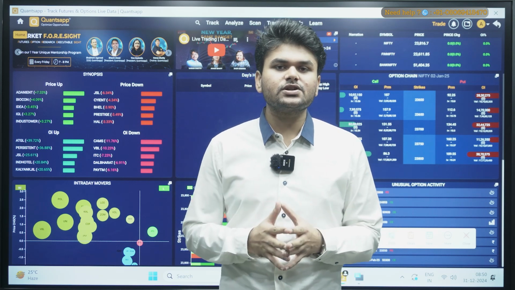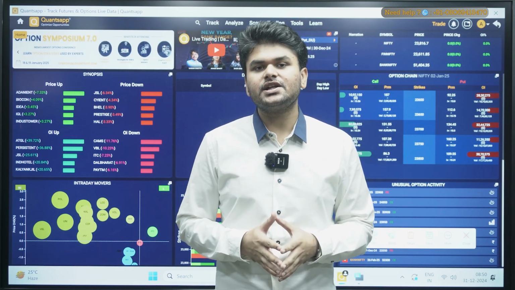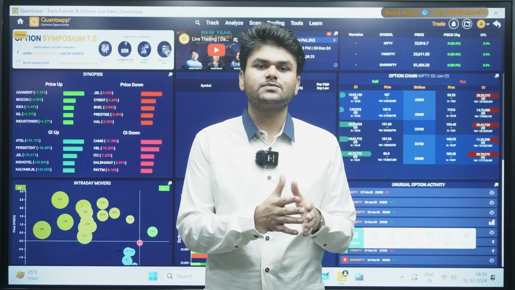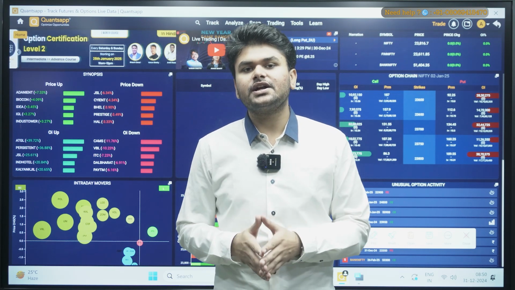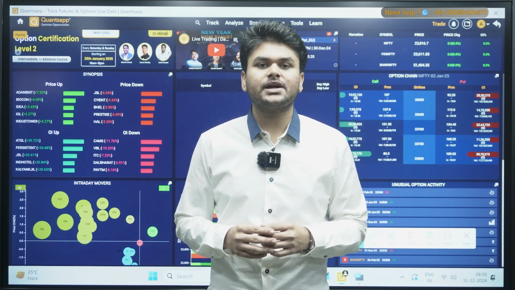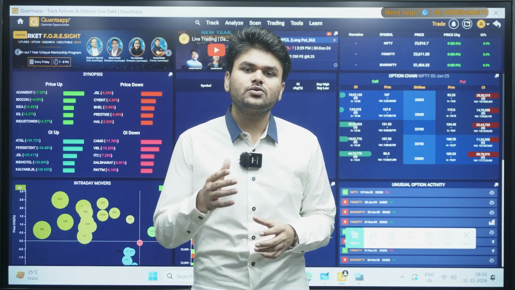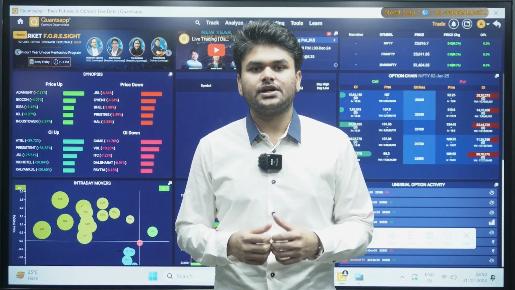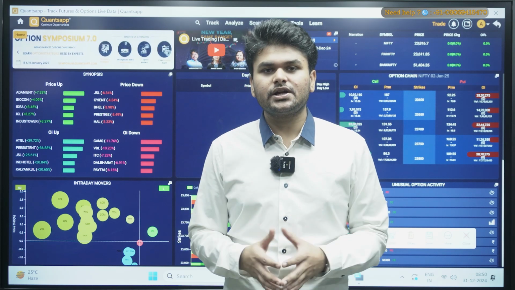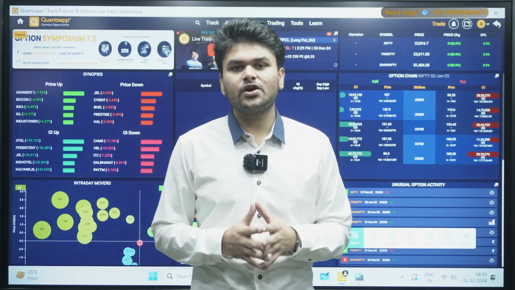So on the basis of the positions we can identify, or on the basis of the seller's position unwinding, we can identify where you can find breakouts or breakdowns in the stocks, and on the basis of that you can initiate trades accordingly, right? So again, without delay, we'll start the topic,